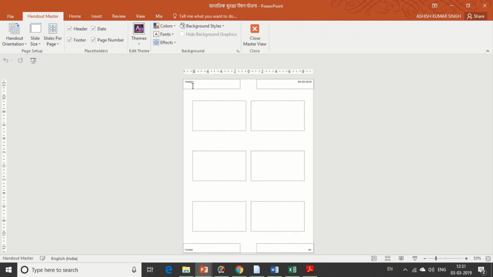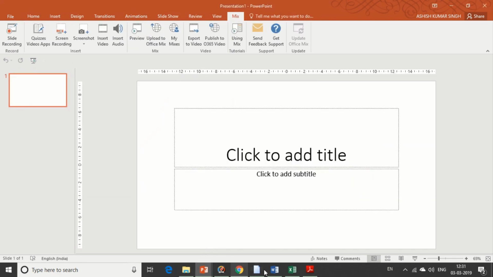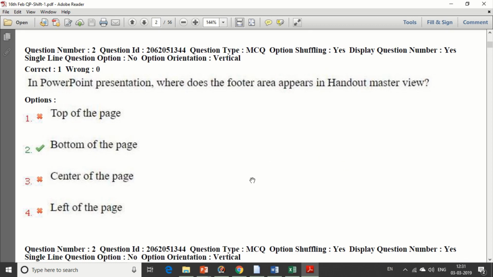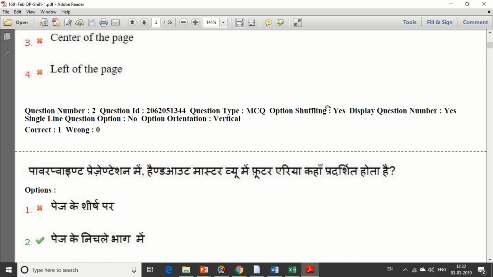This is the view. We have the header in the upper area, footer in the lower part of the page. So the question is asking where the footer area appears in handout master view. We all know that, whatever the software, the footer area always appears at the bottom of the page. So this is also true with handout master view.